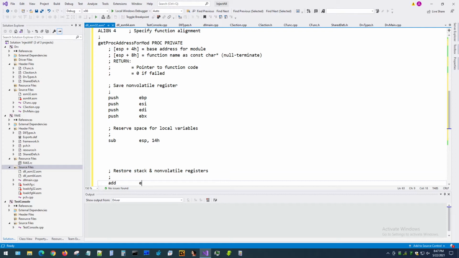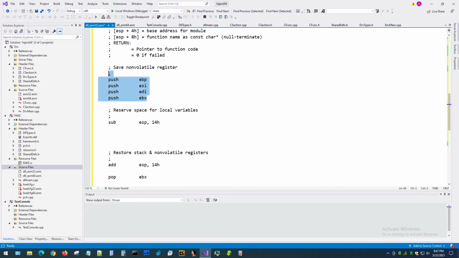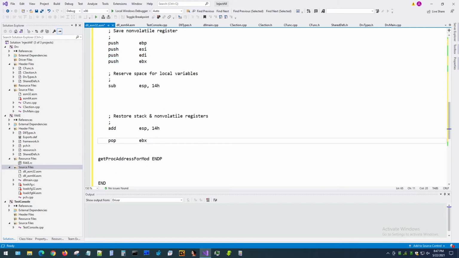So we have to add 14H to ESP, the stack pointer, and then we do pop EBX, again going in reverse order. Then we pop EDI, just have to align it right. Then we pop ESI and pop